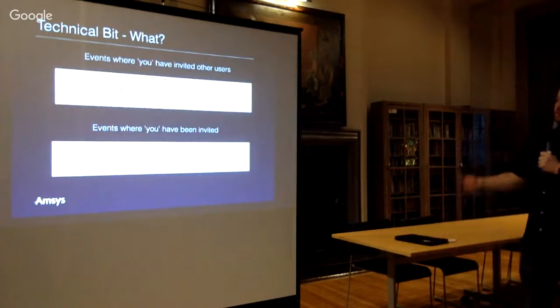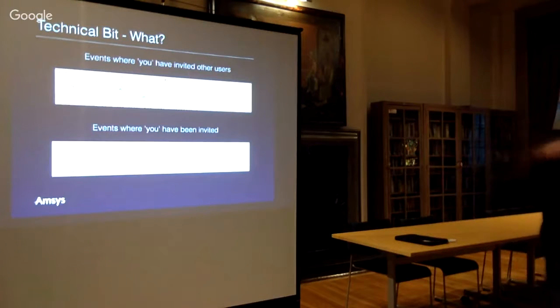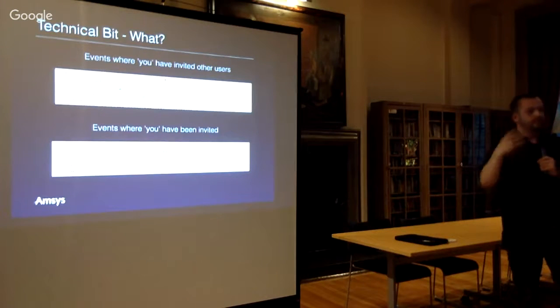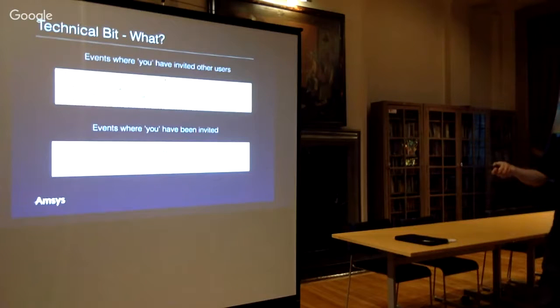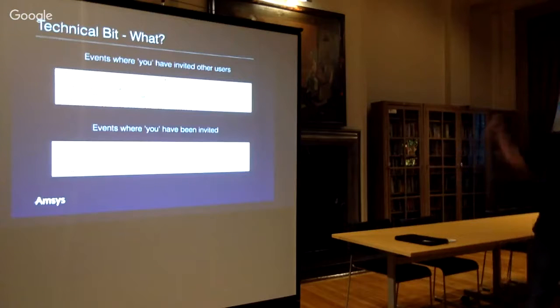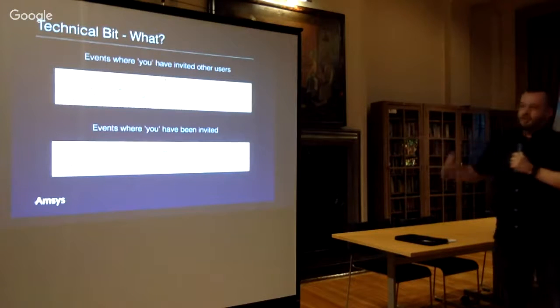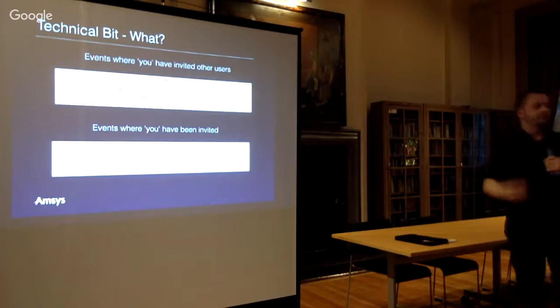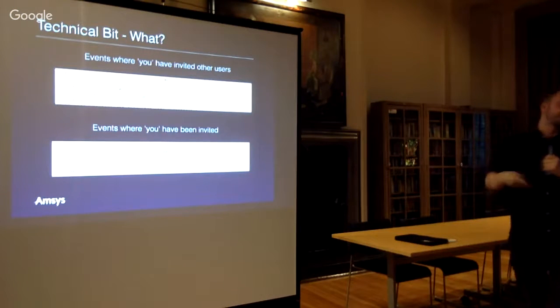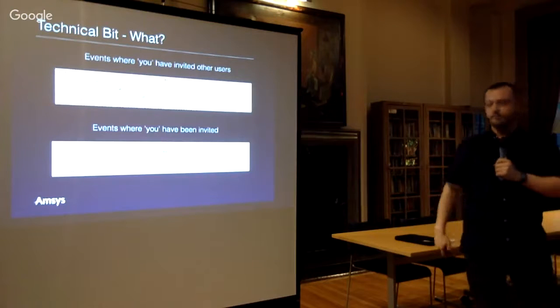Next, we've got events where you invite other users. So you're the owner of the event, so to speak, and you invite others. So actually, what's listed here is the other people that are attending. This is the one where I've been invited, just to confuse the screenshots. The bottom one is where you have been invited to an event in your calendar, so it actually has the organiser's details in that example.